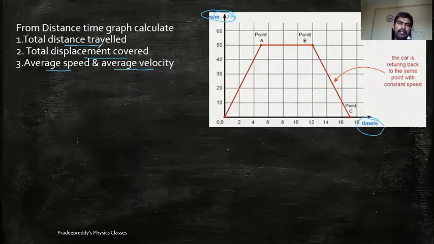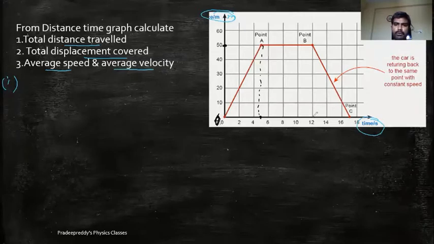So in order to calculate these all, as it is a distance time graph itself, it gives you distance traveled as well as displacement, right? Now let us learn the first question, how to solve it. Find the total distance traveled, right? Initially, where is the body? The body is at position O. It is going to position A, and then from A to B, B to C. Now initially the body is at rest, displacement is 0, and at the 5th second, check it up, this is the 5th second, where is the displacement of the body? Displacement of the body is 50 meter.